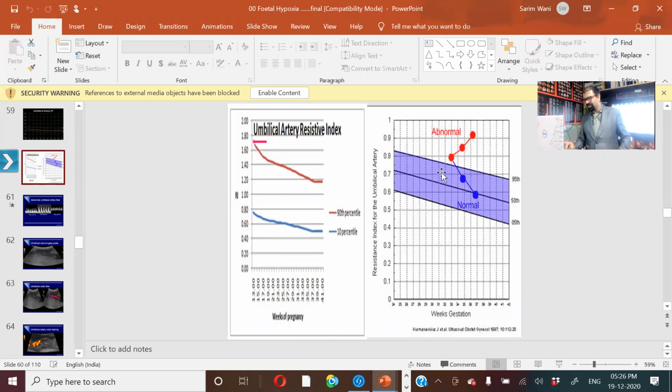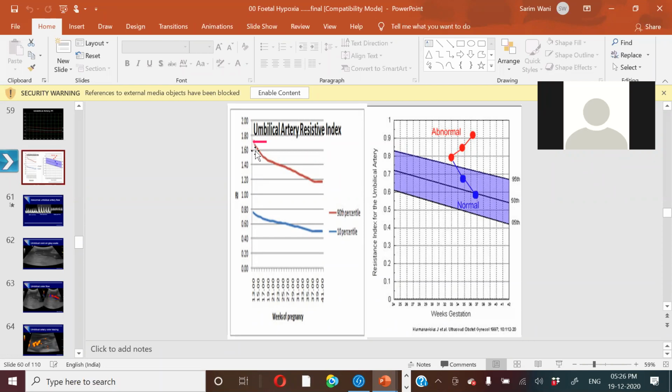But the point is, this is normal over here, highlighted normal. You are not paying attention to this red line. And if I draw another line from the top of the abnormal, it will again go to 1.5 or 1.6. Okay, sir. According to, if we see